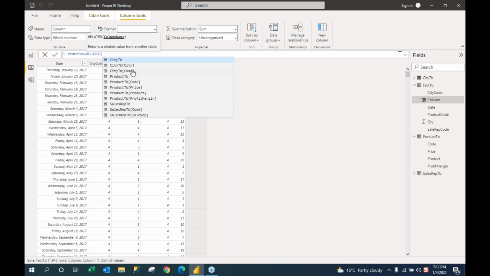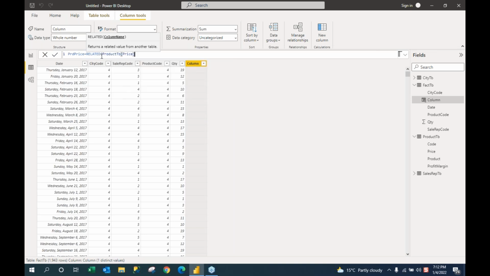And you can see there are many instances. This is the product table. In this product table, we have a price here. So just select this one or type as it is. Now, when I press enter,